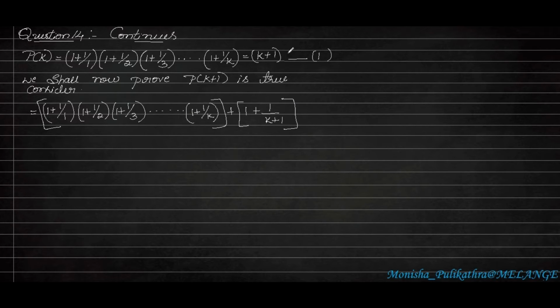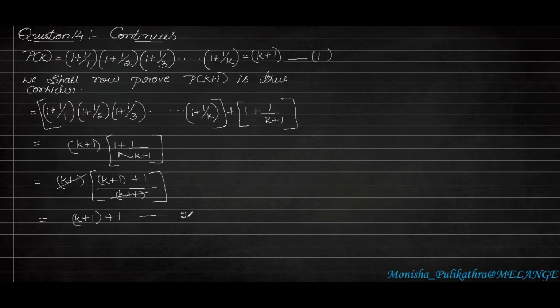So this series will become equal to k plus 1 according to equation 1. So k plus 1 into 1 plus 1 by k plus 1. So by LCM we can cross multiply it. So it will become k plus 1 into k plus 1 plus 1 whole divided by k plus 1. Since multiplication is there, this k plus 1 cancels each other. So the remaining is k plus 1 plus 1. Let this be equation number 2. So by comparing equation 1 and 2, we can see equation 1 is k plus 1, and in the place of k, it has been replaced by k plus 1 plus 1.